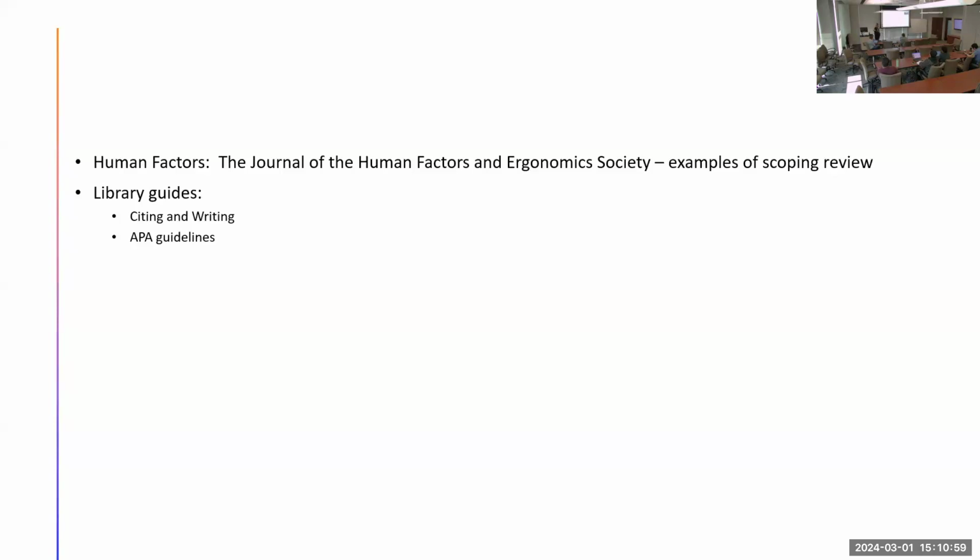Okay, I'm also going to show you some library guides that will help you when you're writing this paper. There's the citing and writing overarching resources, but especially the latest edition of APA, as well as a link there in the assignment that talks about how to do citations, right? So